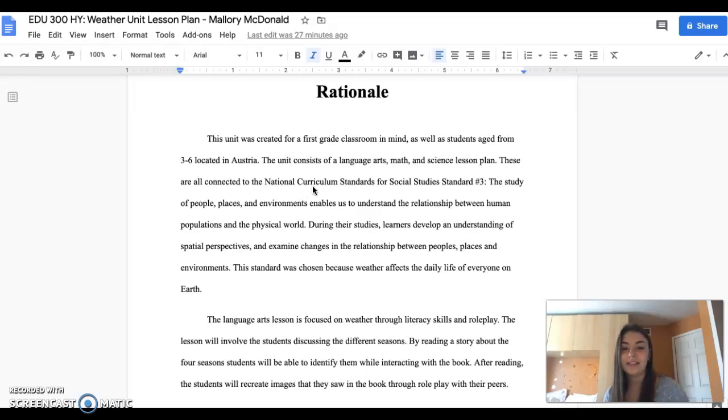So for my rationale for this lesson, I created this unit with the first grade classroom in mind, and then it's based on the National Curriculum Standards for Social Studies Standards 3. The study of people, places, and the environment enables us to understand the relationship between human populations and the physical world. During their studies, learners develop an understanding of spatial perspectives and examine changes in the relationship between people, places,